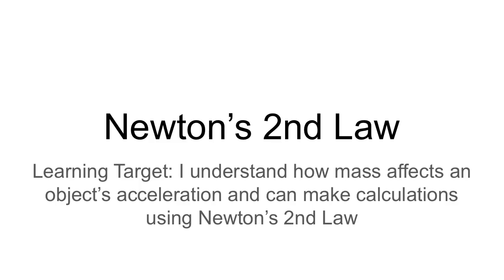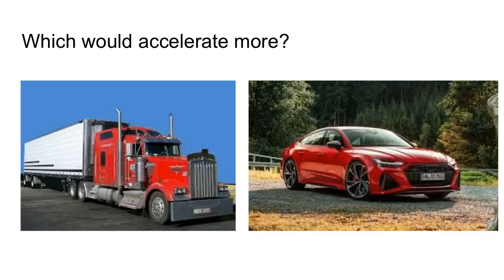So this lesson is going to be about Newton's second law. The learning target for this lesson is I understand how mass affects an object's acceleration. We've got to be able to make calculations using Newton's second law as well. And so if we think about these two objects here, these two vehicles, which one would accelerate